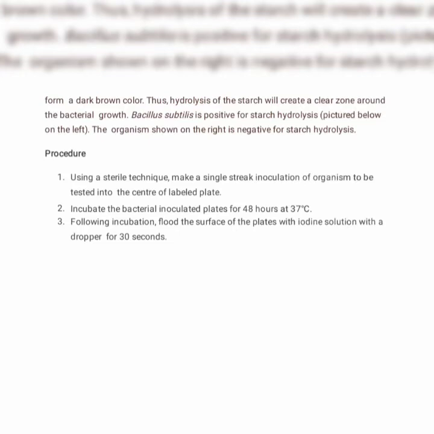Then, using sterile techniques, we will make a single streak inoculation of the organism to be tested into the center of the labeled plate. Then we have to incubate the bacterial inoculated plates for 48 hours at 37 degrees centigrade